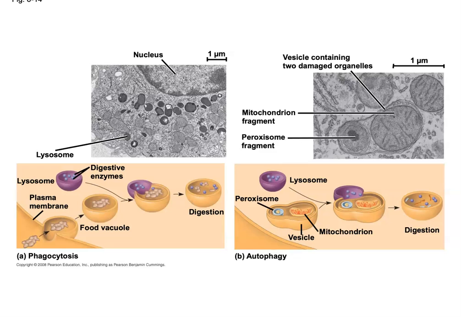A membrane is formed around this foreign material, and think of it as now acting as food for your cell. Through the process of phagocytosis, it creates a vacuole. A vacuole is just an empty container, an empty vesicle that contains food. If it's phagocytosis, it is food. If it's pinocytosis, it's water, liquid. This food vesicle is brought towards the plasma membrane. The plasma membrane then fuses it, puts it into a vacuole. That vacuole then joins with the lysosome to make a